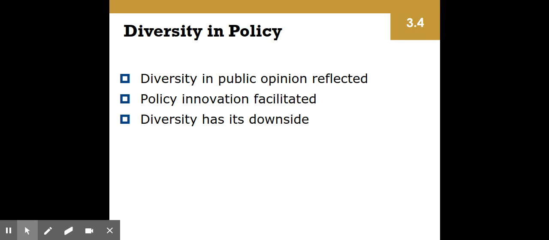When you do decentralize power, it allows different groups in different places to then implement the best solutions they have for whatever problems may occur that specifically impact them. So policy innovation, creativity, imagination is better facilitated when you have power distributed. If you just have central power with one specific group of people making all the decisions, there's less imagination, less innovation. But diversity has its downside because you end up with thousands of different programs, thousands of different rules and guidelines throughout the country about health, about transportation, and so it can get very confusing.